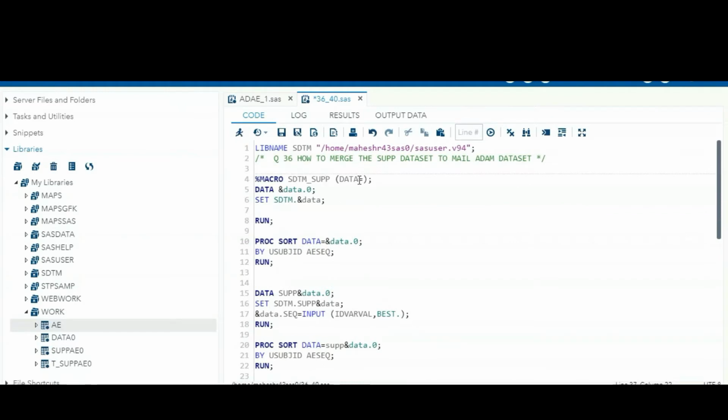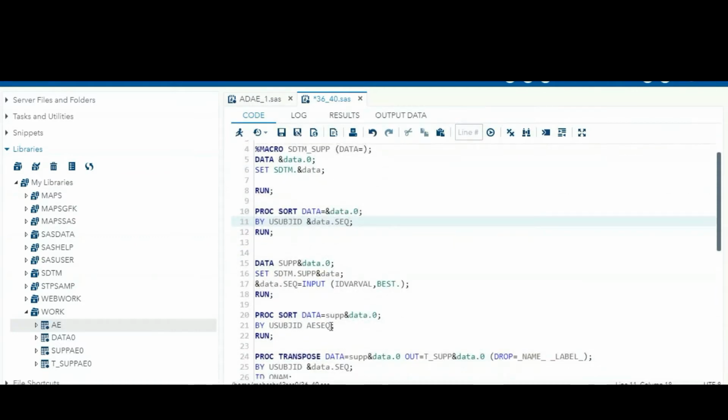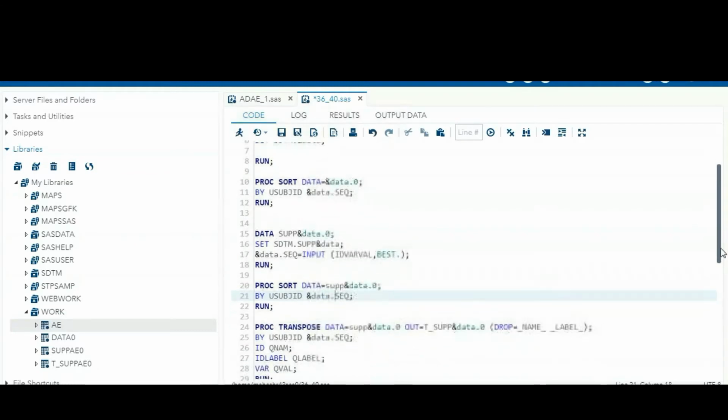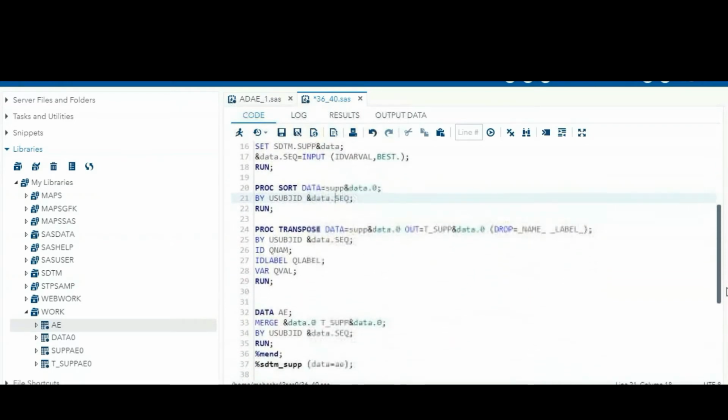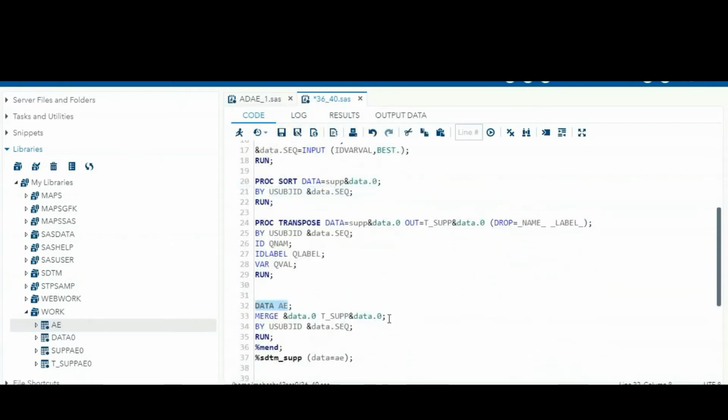Here search the supplementary data equal to, so data and data. Here the AE sequence, ampersand data dot sequence, and after that the supplementary domain data sequence, and here also ampersand data sequence. Here the dataset name, finally you can give ampersand data.